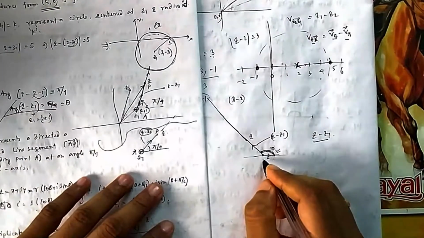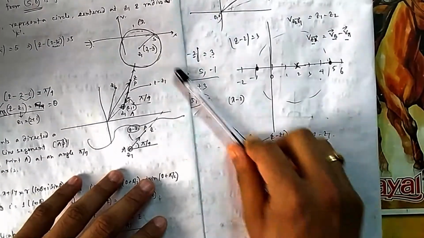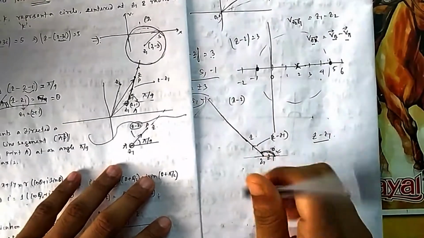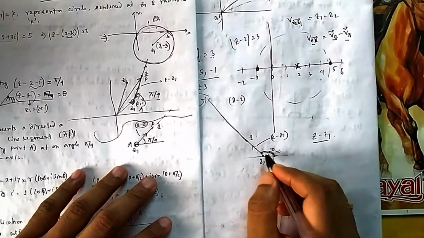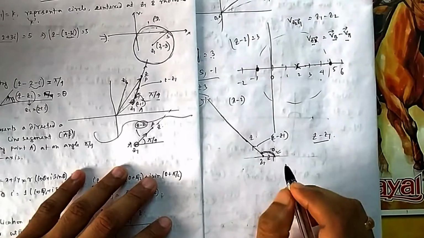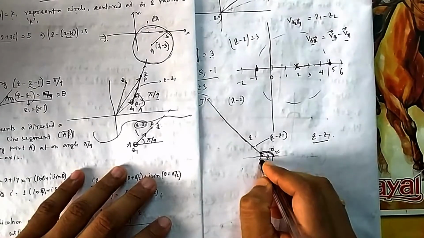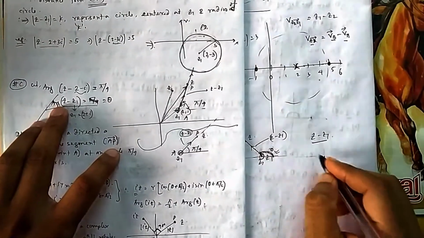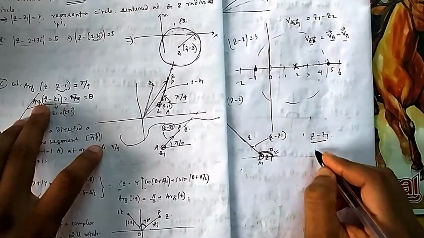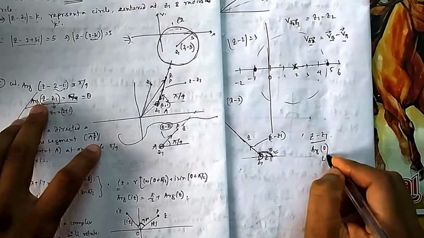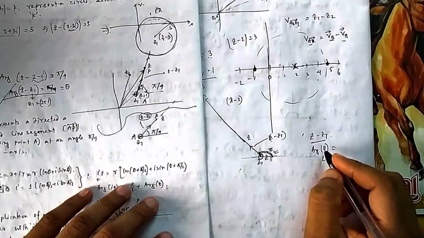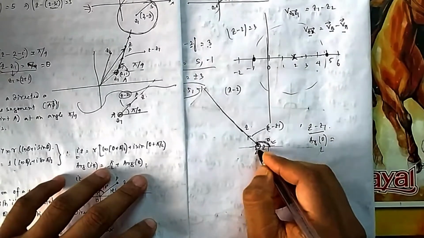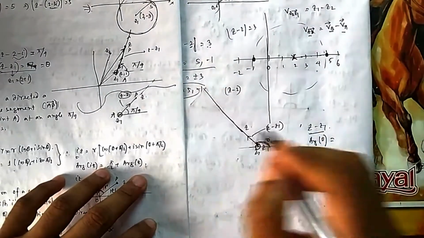So that means from the point z1 we will have a ray going outward in a direction making an angle theta with the horizontal axis. But you cannot include z1, that's why a circle is there, because if z becomes z1, then z minus z1 is 0, and the argument of 0 is undefined, we have seen. For the complex number 0, the argument is undefined. So this point is not included. Excluding this point, it will be a ray.